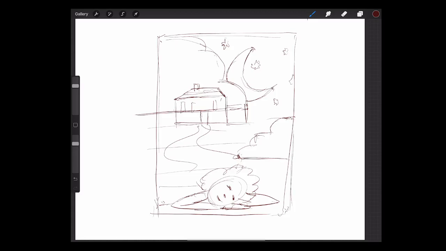Now, where can I fit the typography or the quote within this piece? Okay, so that's another element about this quote. I would like you to integrate the quote within the image or the illustration that you create. So you might have to move some things, adjust some things. So this house I could maybe move down later, give me more space for the quote. So let's see here. You know what? I might do that.